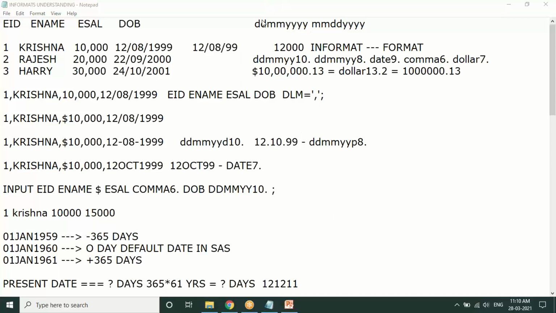For example, we can see here we have some columns of data to read like ID, name, salary, DOB. SAS can understand standard numerical and standard character. But when it comes to this value, it is unable to read it because there is a comma in between, which is a special character.